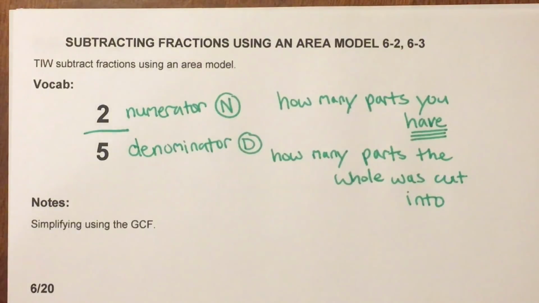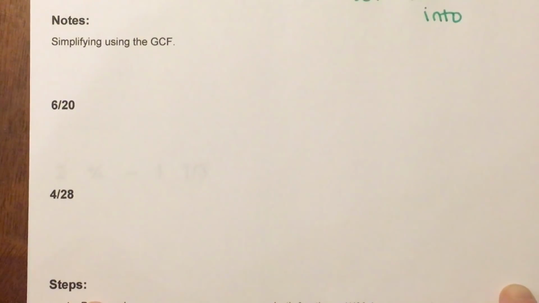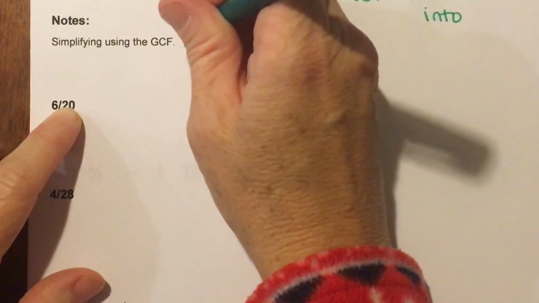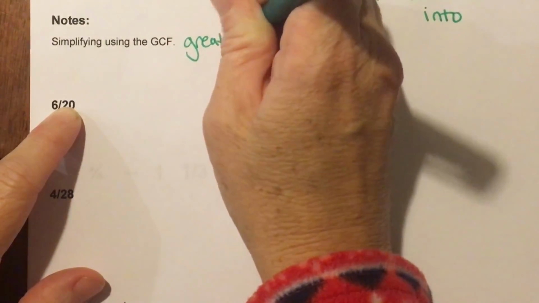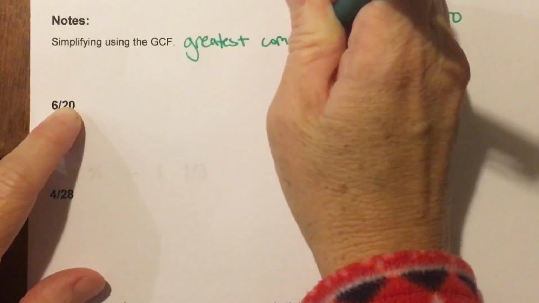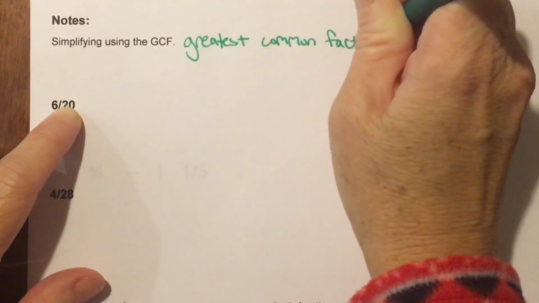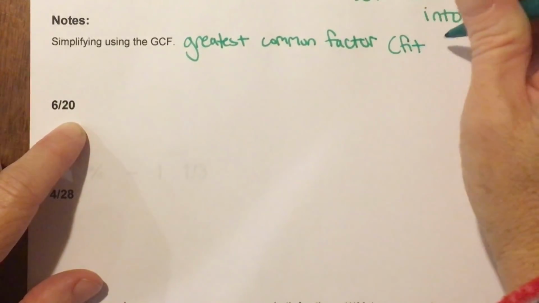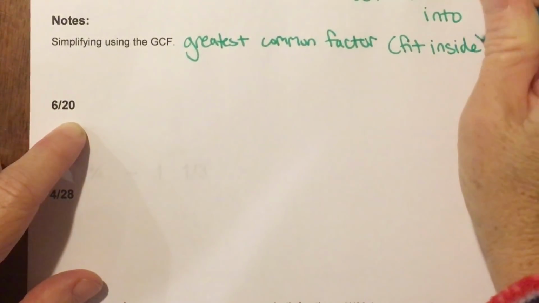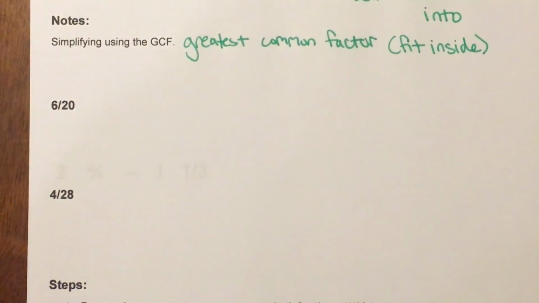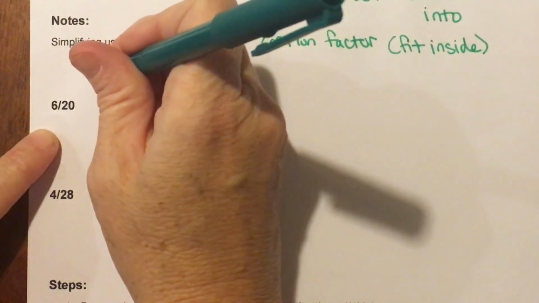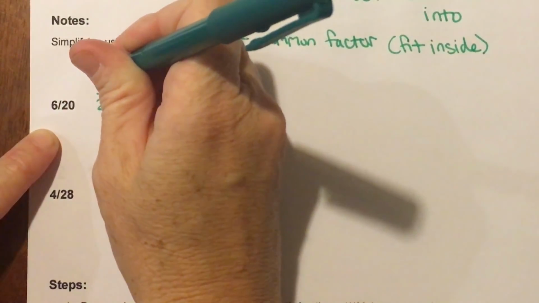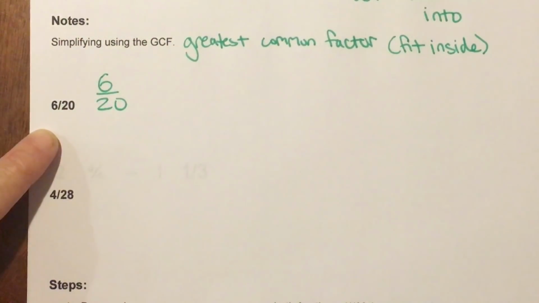Okay, we're still going to be asked to simplify our answers. So we have talked about that we use the GCF to simplify. Remember, the GCF means your greatest common factor. And I told you to kind of remember factors fit inside the number, so we don't get them confused with multiples. Okay, so if I have the fraction 6/20ths, how I would simplify this using my greatest common factor